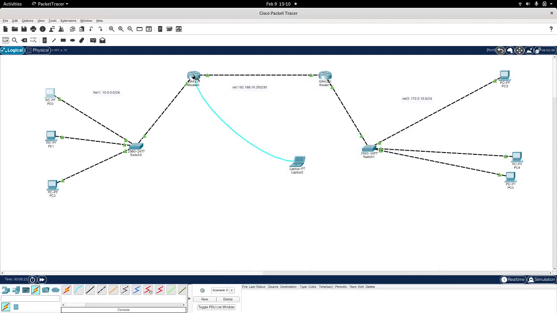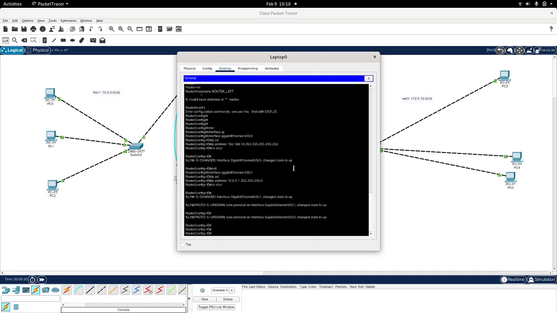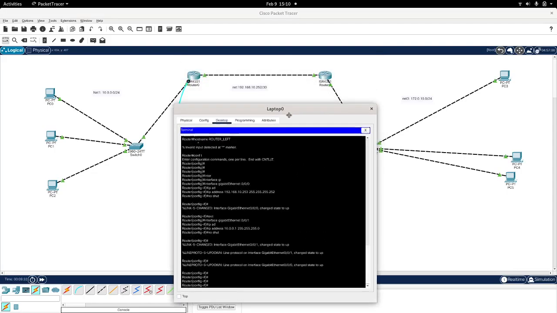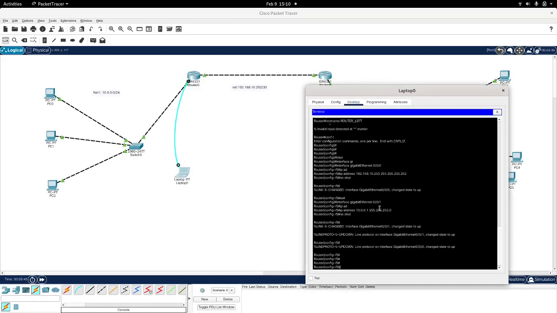I will start from the left hand side to the right again, and I will add a static route. With a static route, we basically tell the router, look, when somebody requests that network 172.0.10.0, please send packets through this interface that I will tell you, in this case the gigabit interface 0/0/0 of the